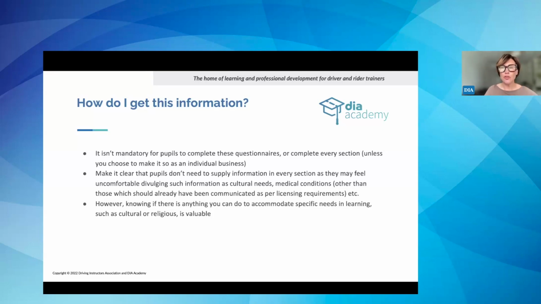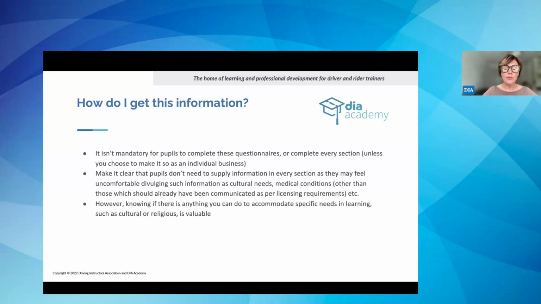But then you've also got to question how uncomfortable that makes a new customer when you onboard them. So probably voluntary information is a good way to start. If you are so worried about the risk management aspect, again, there is an argument to make it mandatory, or certain questions mandatory. And if you want to make it mandatory, it's best to put that into your